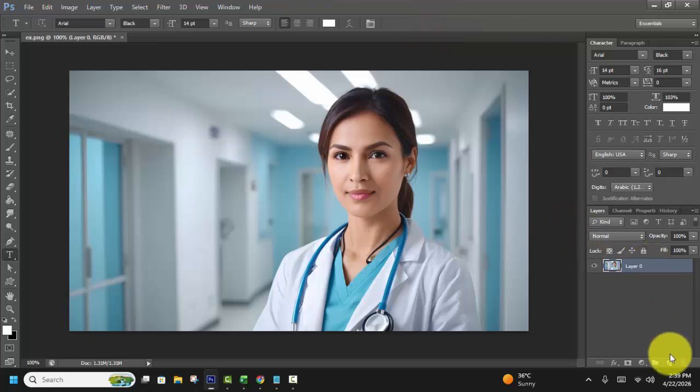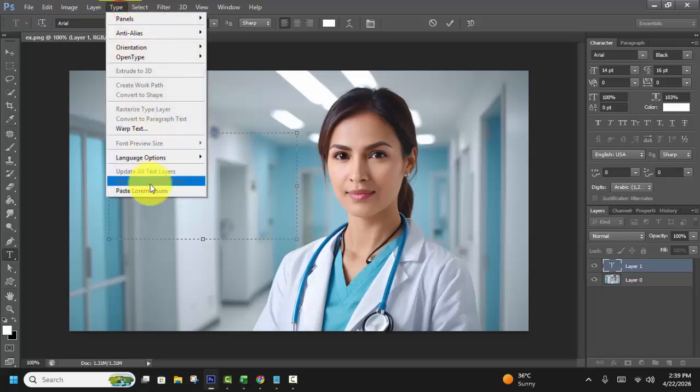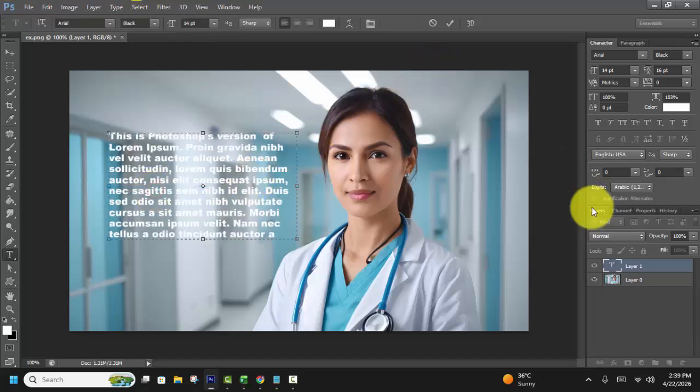copy paste, create a new layer, draw a text box, then copy from anywhere, press Ctrl C for copy and press Ctrl V for paste. Example use the simple text, double click again,